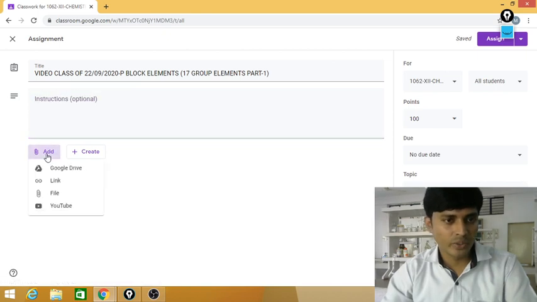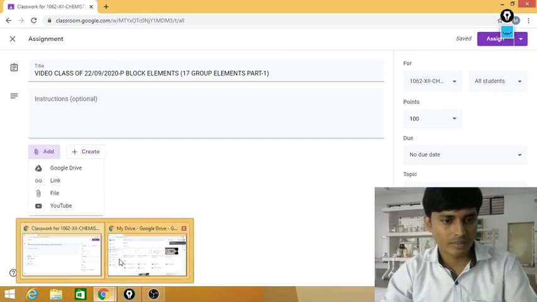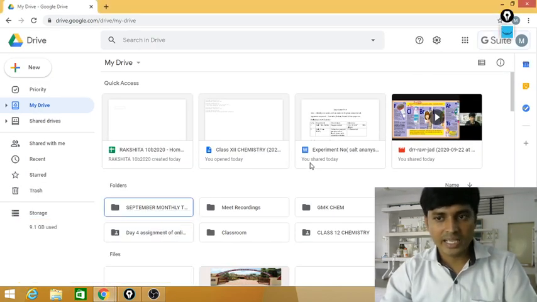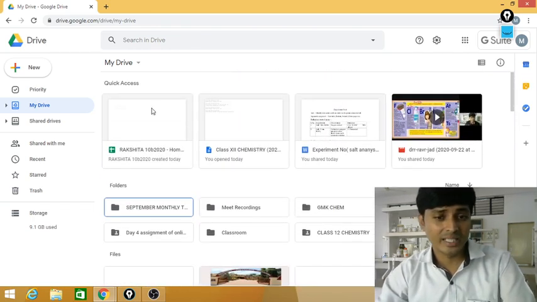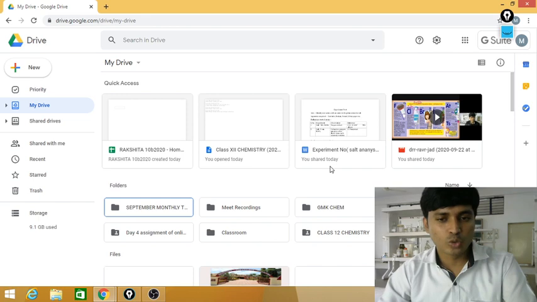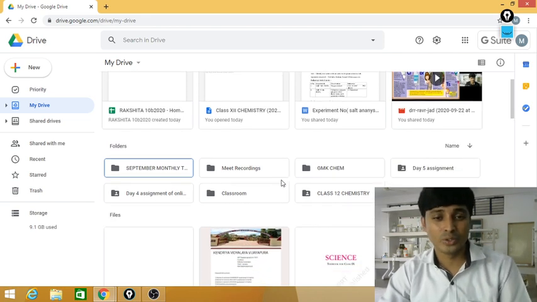Now that all of you anyhow know this, I will show you. Now I have to click this link and post the link. Here is another thing I wanted to share with you: organizing the things is also important. In Drive, so many files are jumbling, you will get confused.